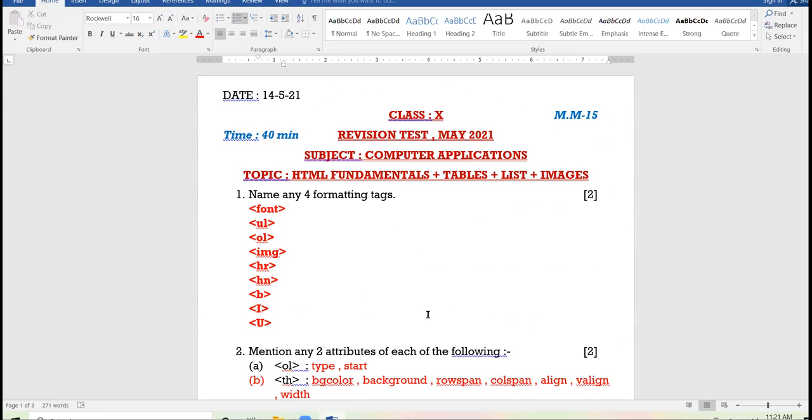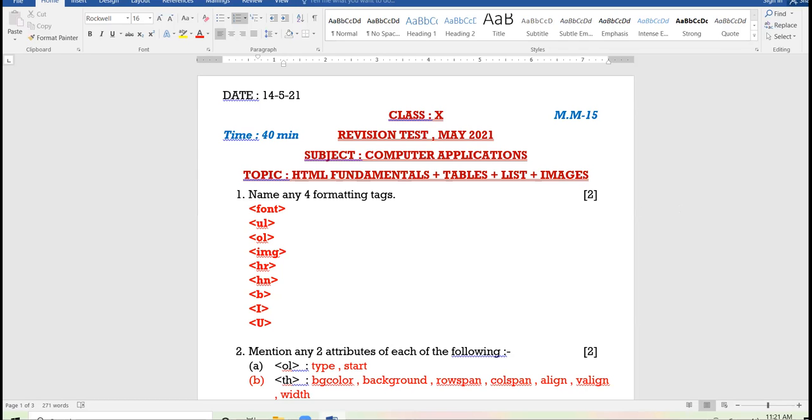Now I have to ask a few questions from you. Name any 5 attributes of the table tag. Hardik, unmute yourself and answer the question. Yes, sir. 5 attributes of the table tag.